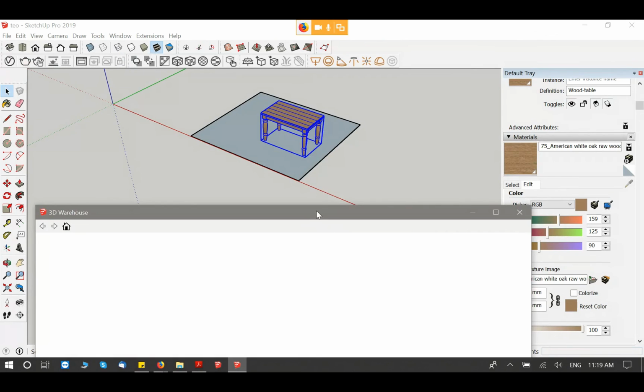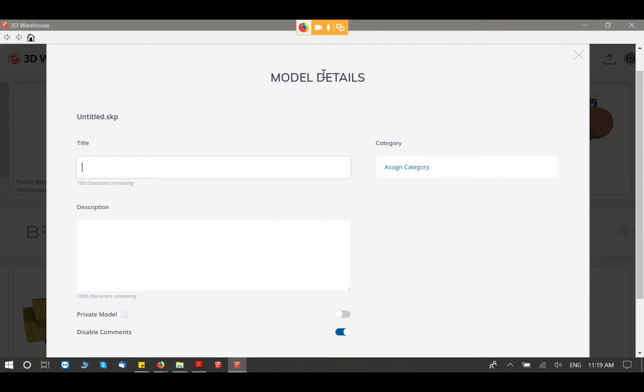Okay, yes. And now we give a name to our model, wood table, description, oak wood. Okay, here we can choose